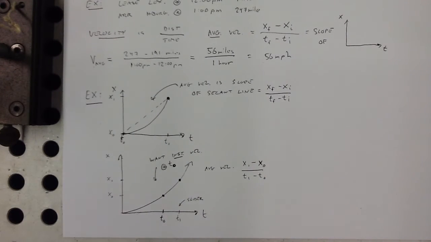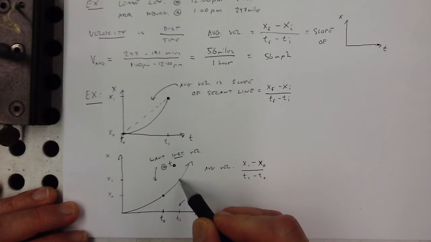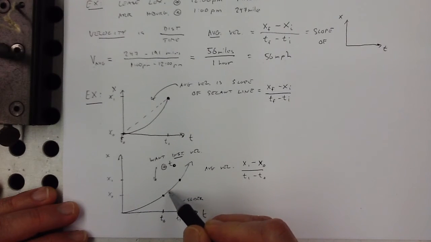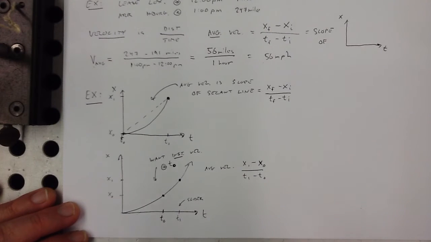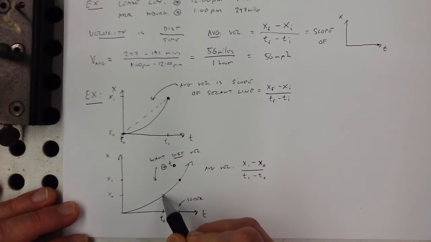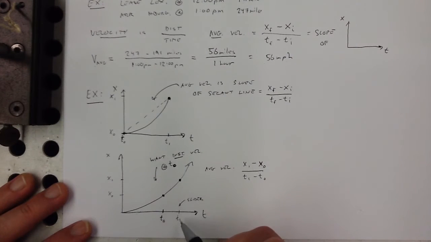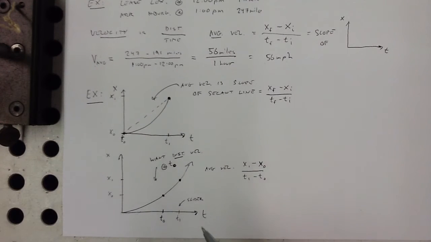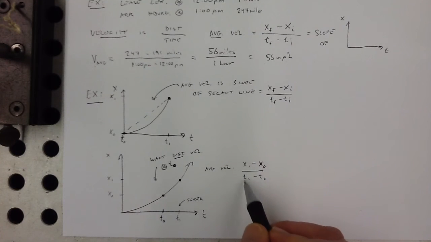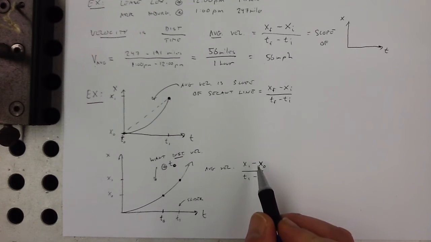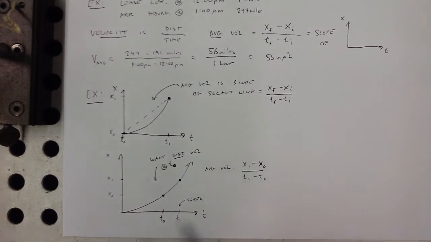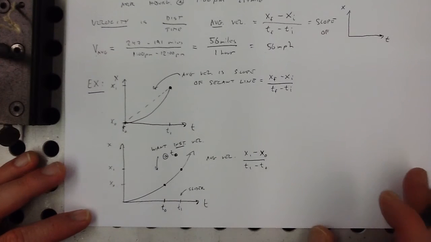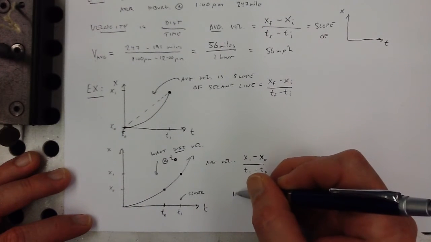Well, here's a trick. What if we took this point and kept sliding it closer and closer and closer to that point? We could get better and better approximations of what that instantaneous velocity was, right? As t1 got closer and closer to t0. Of course, when it actually gets there, then this would be 0, and this would be 0 too. It would be 0 over 0, and maybe that makes us think about limits. And in fact, that's exactly how we are going to define this,